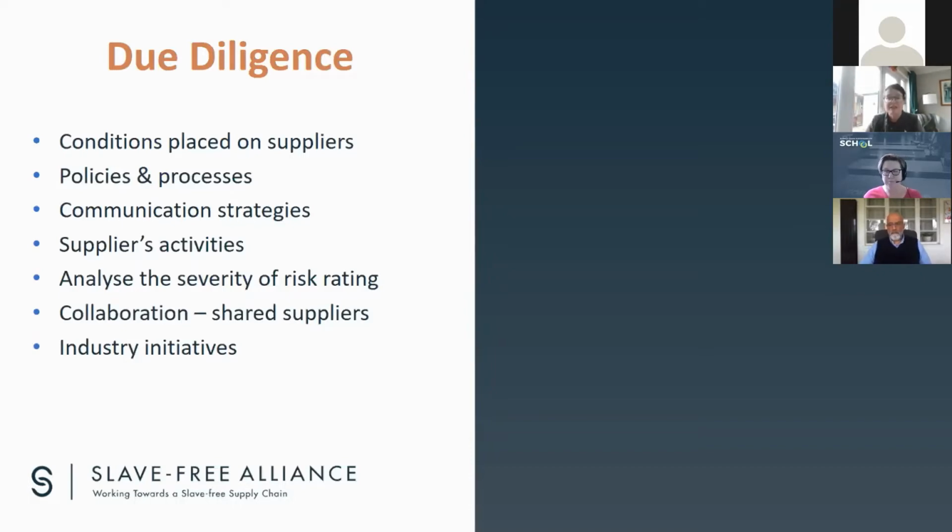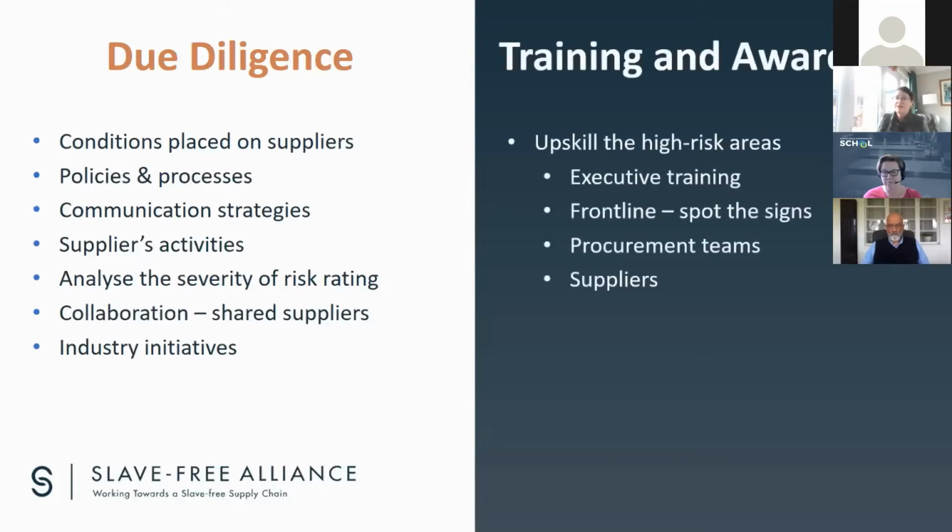Once you've mapped and risk assessed, you're able to understand from a risk perspective where you need to focus your due diligence activities, according to what risk you've identified. Use your connections and relationships and your collaborative partnerships with other customers to exercise leverage. Ensure suppliers are aligned with your response to modern slavery and the issues faced. Be inspirational and bring them in on the journey, incentivize those partnerships, and collaborate with specific industry initiatives such as Slave Free Alliance.